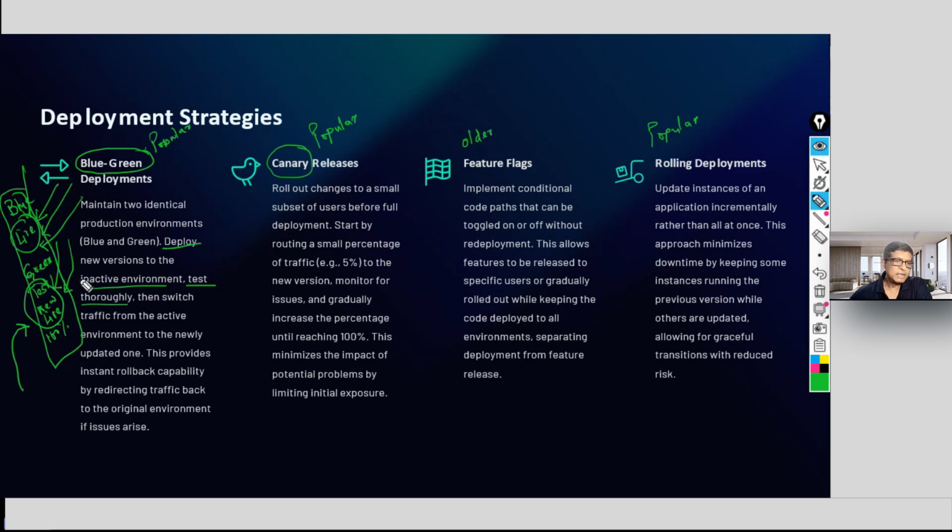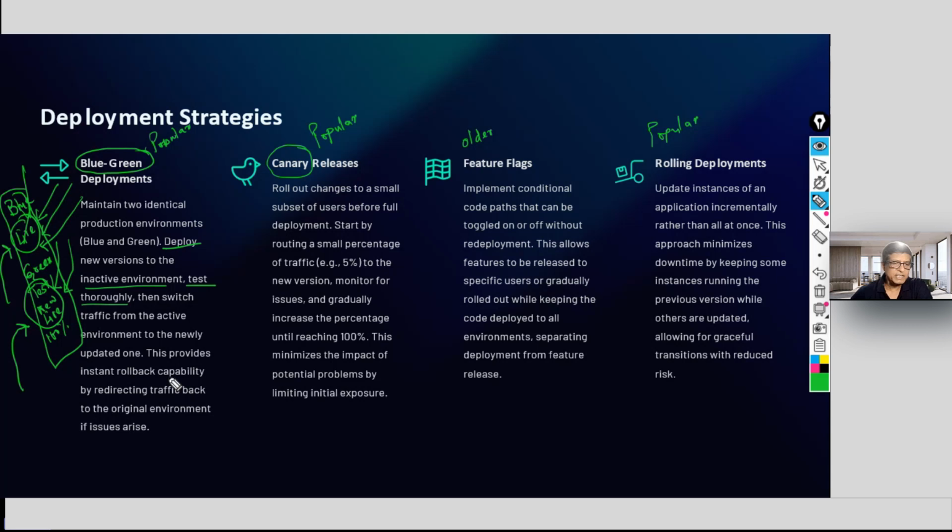So now the next part of the deployment comes over here, not over there, because this is the inactive. You again do the 100% testing. Then again, you make the green to blue by moving the traffic from here to here. This way, the blue-green deployment keeps on happening. Are you getting me?